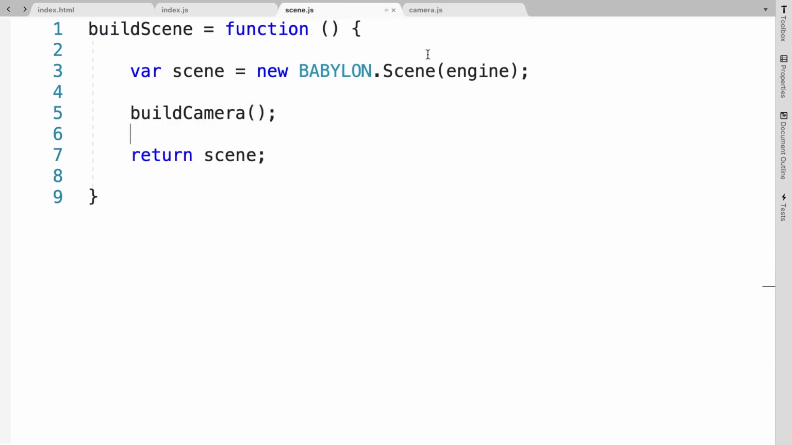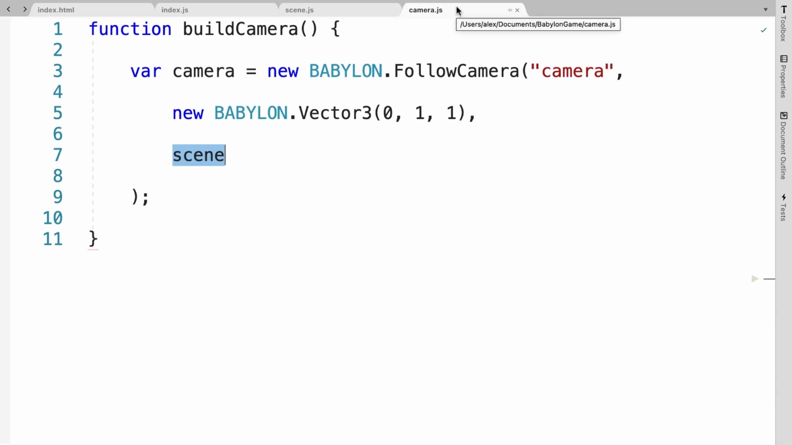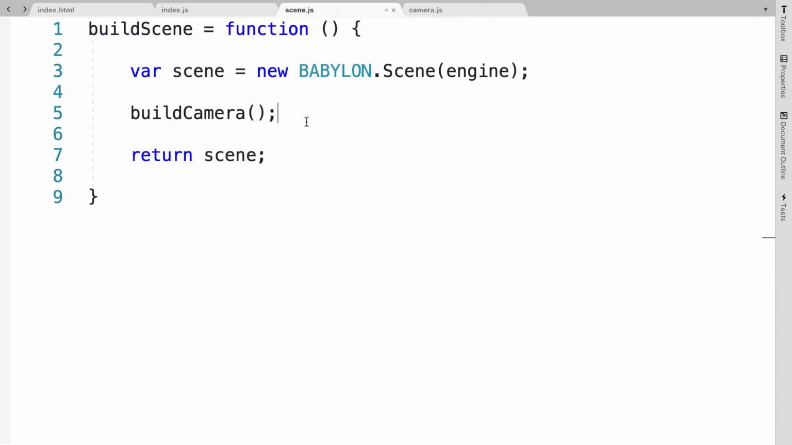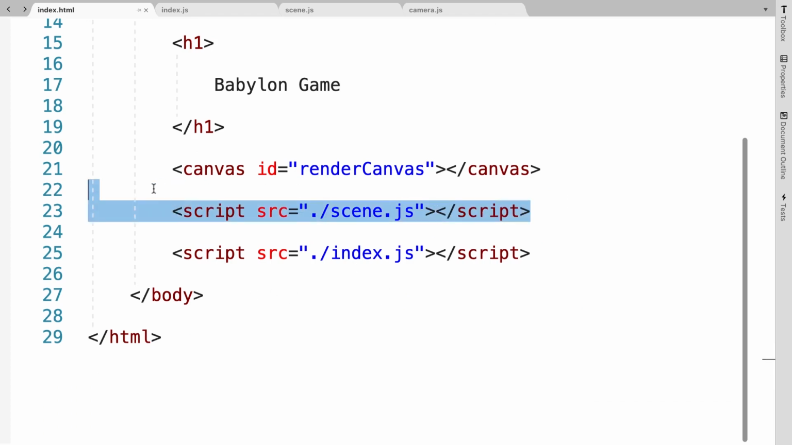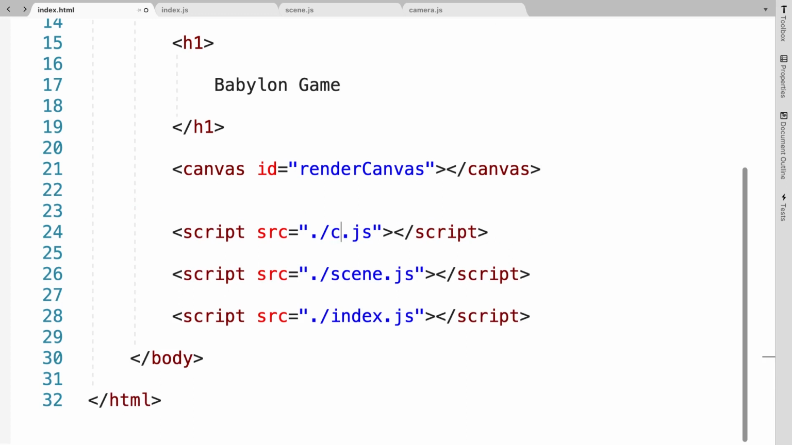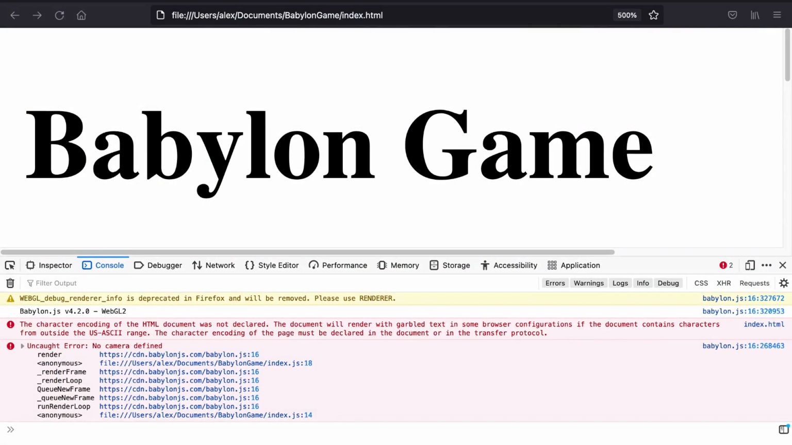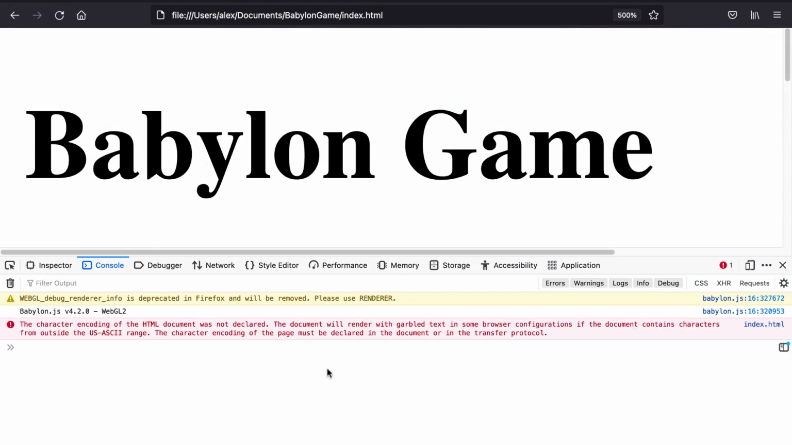Okay, and here we are now building out our camera. Now let's reference camera.js. And because it's being called inside of scene.js, that means we have to reference camera.js before scene.js. So let's make a reference to the file. Now, if you go into your browser and you refresh the page here, now we have our camera that's been